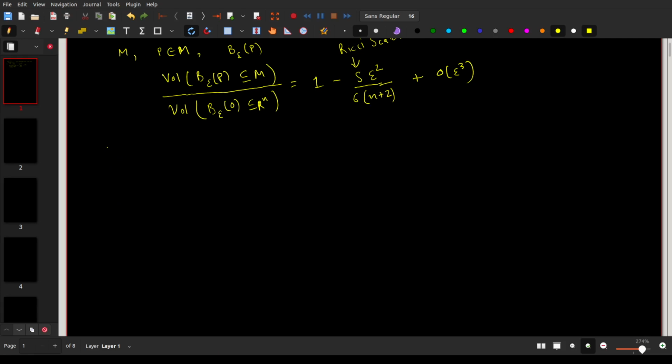For example, if we take n equal to 2, a 2-dimensional manifold, and we specifically take the 2 sphere, so in case of a 2 sphere, it's a 2-dimensional manifold, so volume will be replaced by area. Volume and area are same thing in two-dimensional space. So